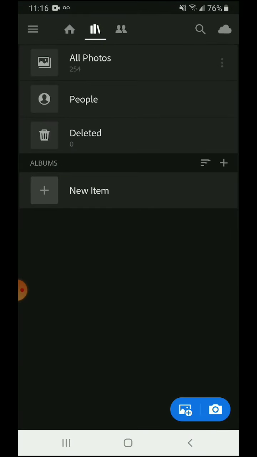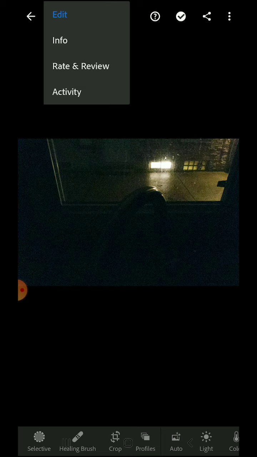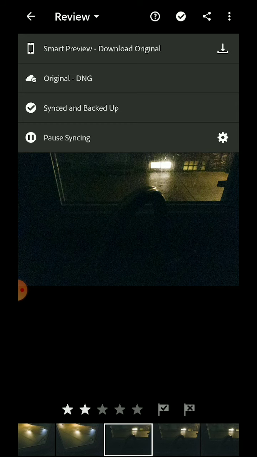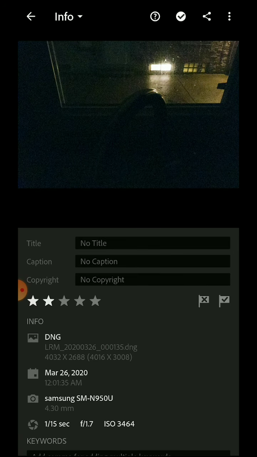I'm going to go to all photos, and now you can see that I've got some examples of photos that are on here. I'm going to look through this. Let's take these night photos I did here. So tap on that, and because I've decided to edit it, what I want to do first is give it 2 stars. I've gone down to rate and review. I'm going to give it 2 stars. Tap on 2. Now I'm going to go over here to info, and here's where I'm going to give it a